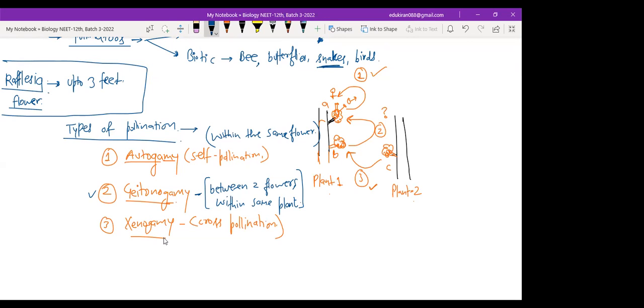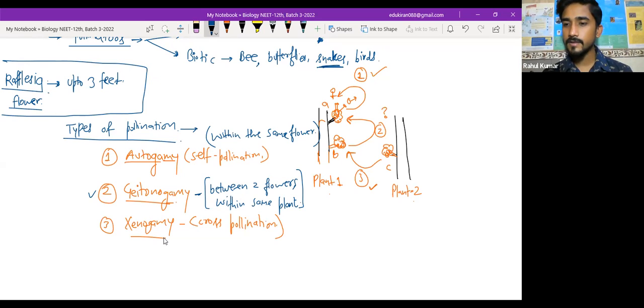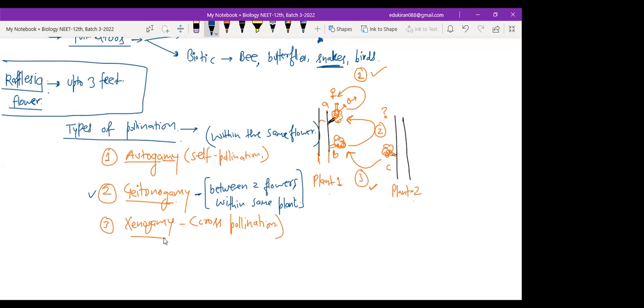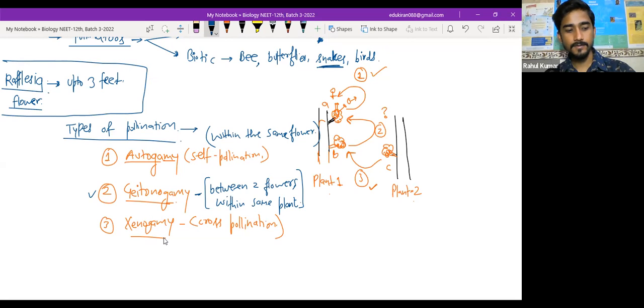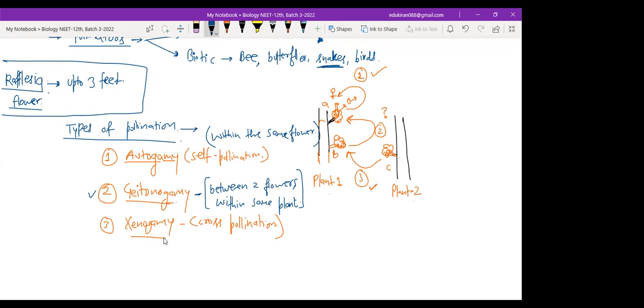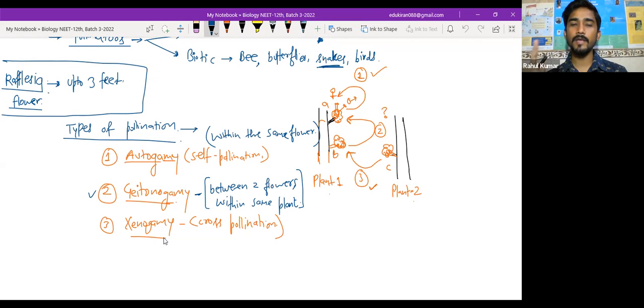I am a slow writer. Yes, okay, no problem. What did I just say, Fatima, please? From the anther of one flower. No, from the beginning. In xenogamy, the transfer of pollen grains from anther of one flower to the stigma of another flower,